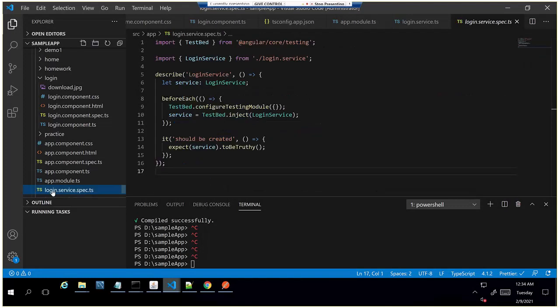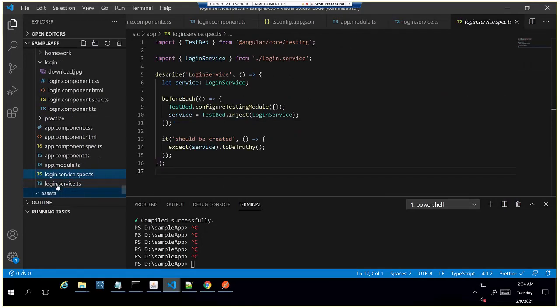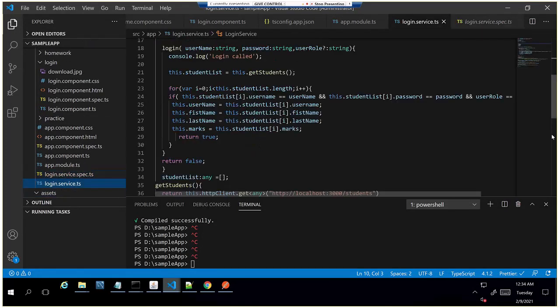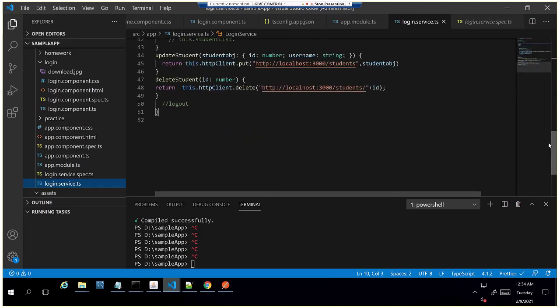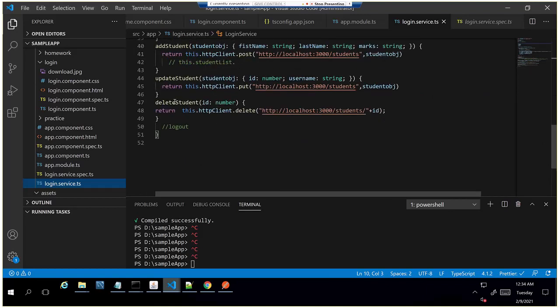So general login service. Delete student.